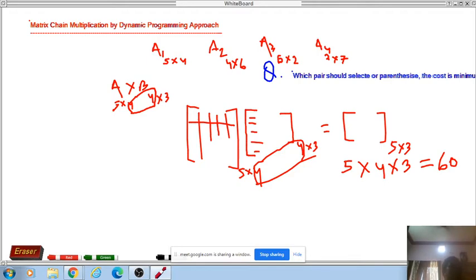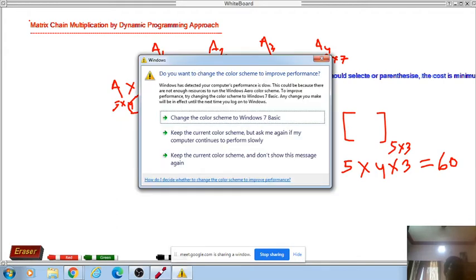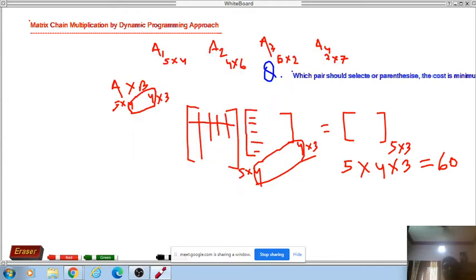The problem is not to multiply and get the answer. These are not the objective. The problem is how to multiply and how to parenthesize. This is the objective. So it is not the objective how we can multiply; our objective is how to parenthesize, or how to multiply. This is the main thing. The problem is how to multiply or parenthesize. Very simple things you see.